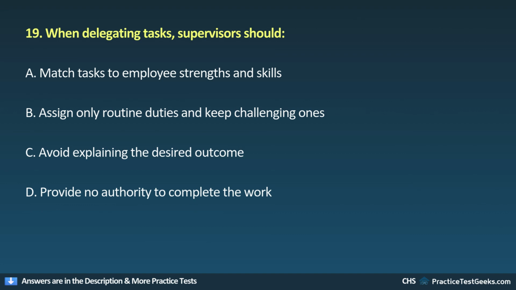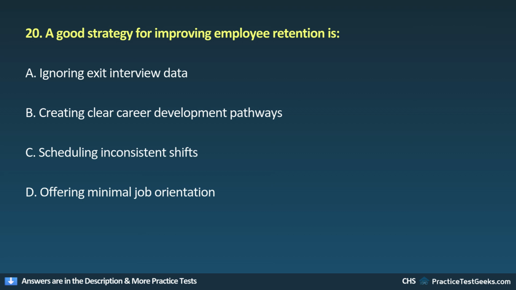A. Match tasks to employees' strengths and skills. B. Assign only routine duties and keep challenging ones. C. Avoid explaining the desired outcome. D. Provide no authority to complete the work. 20. A good strategy for improving employee retention is